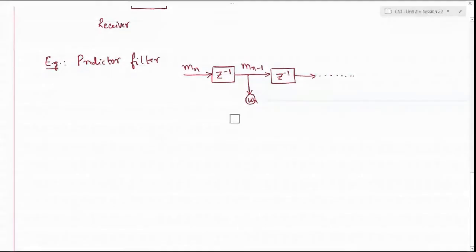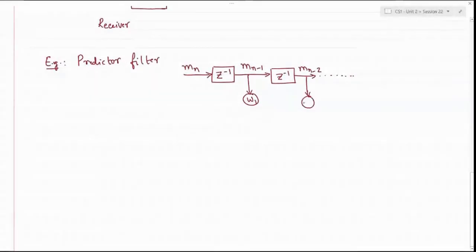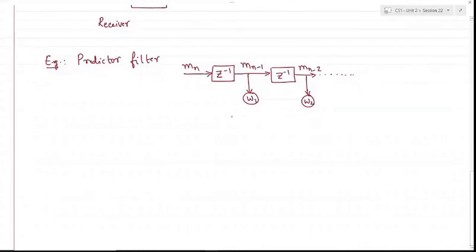Say it's called W1, the first weight. Okay, and then again this Mn minus 2, the second delay output, is passed through another weight W2,